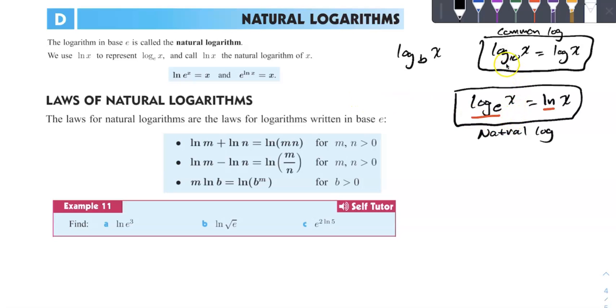Well, since it's a log, it has the exact same properties of log. All the same rules apply. Addition is multiplication, subtraction is division. And when we have a number in front, you can write that as a power. All those rules apply. One other thing though, since it's an e down there, we have also this,